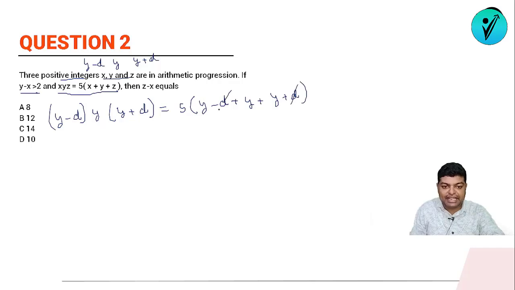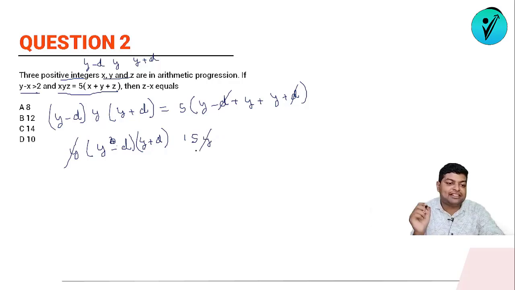Simplifying this, d and d will be cancelled, so it will be 3y. So total it will be 15y. And here we'll have y times of y square minus d square, or let's write it in this way only, y minus d into y plus d. Okay, now if you solve this equation, ठीक है, definitely अगर मान लो मैंने y और y को cancel कर दिया,